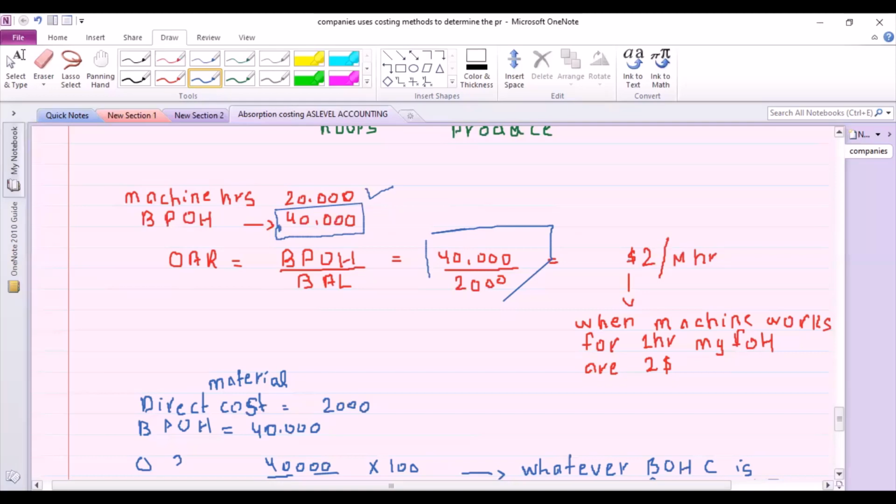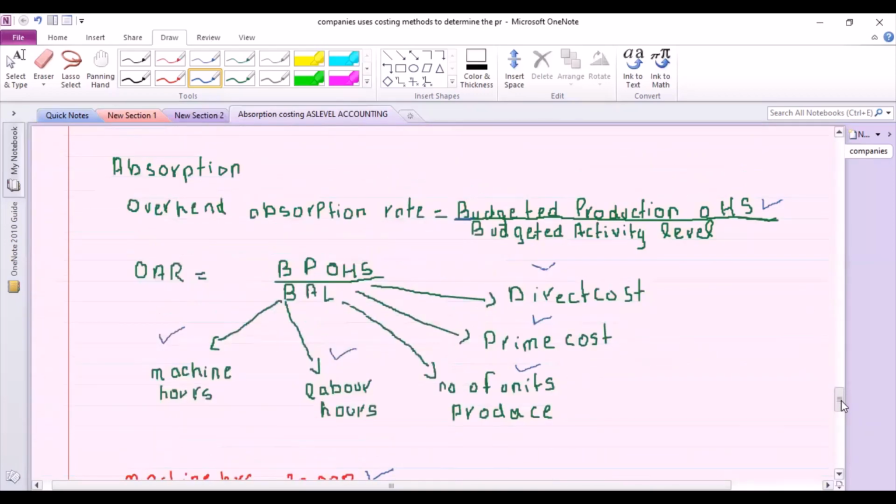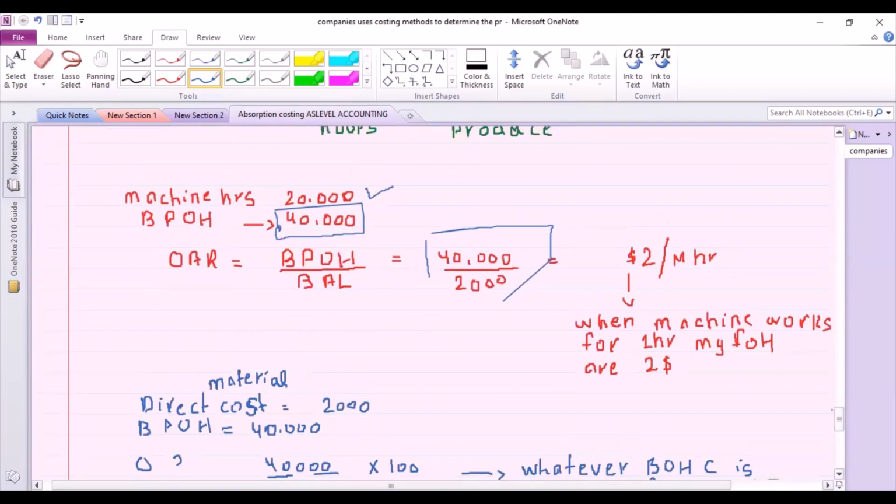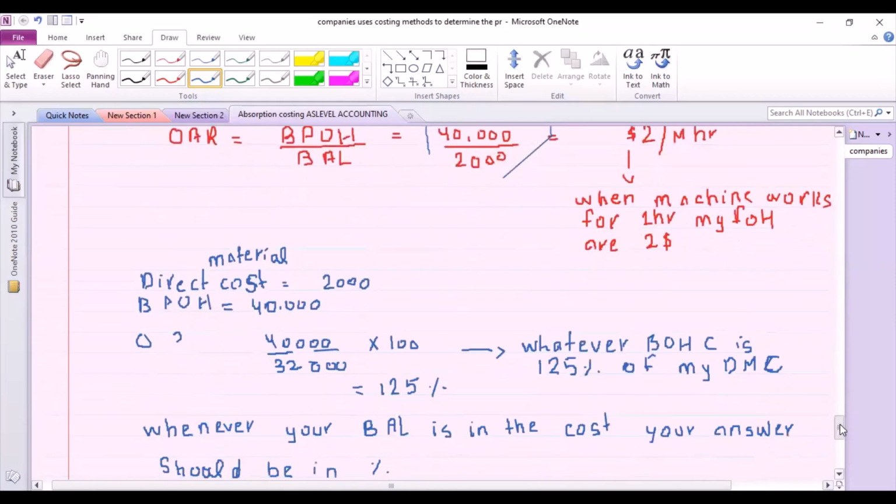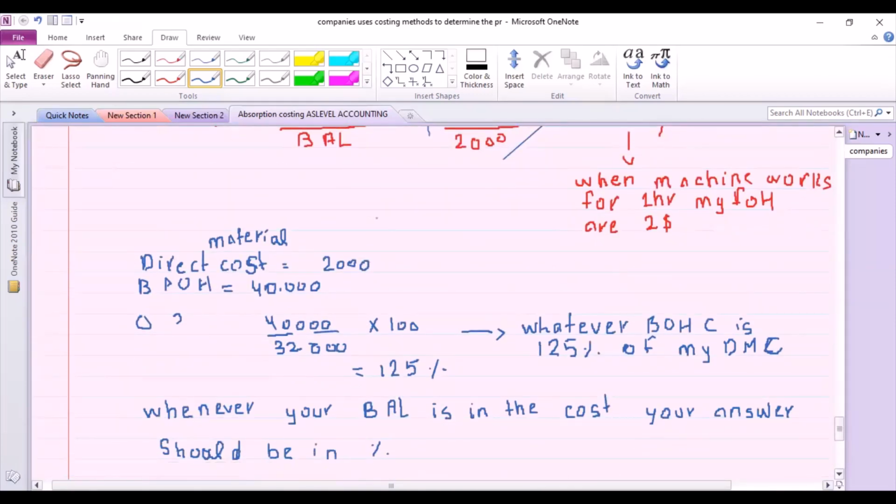Simple. Okay, so in the same way, they can give you a lot of budgeted activity levels. They could give you direct cost, prime cost, number of units produced, labor hours, machine hours. So you just use this formula, and you will have your answer. Okay, one thing I want to tell you is that if they give you any type of cost, what you will do is